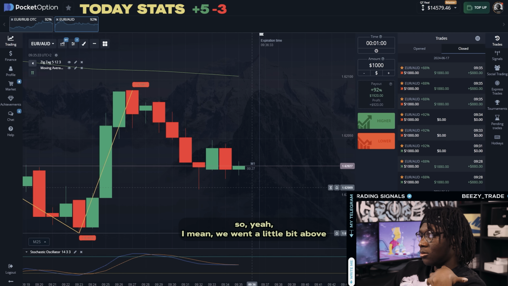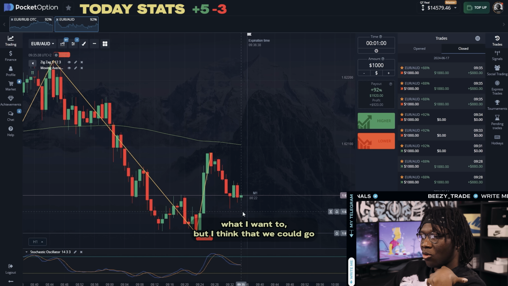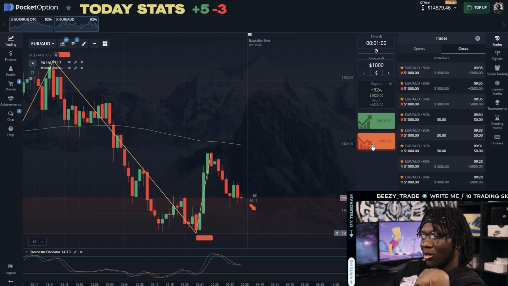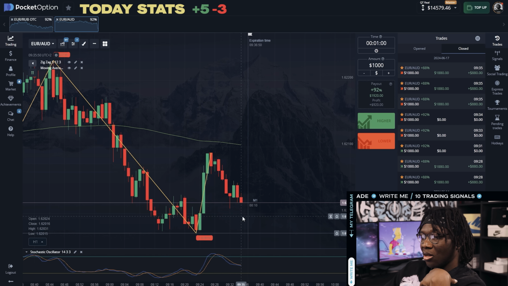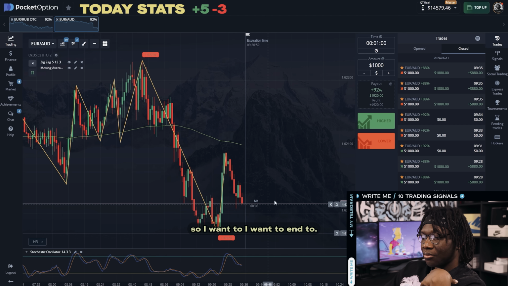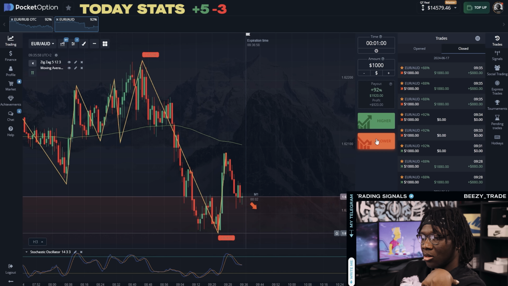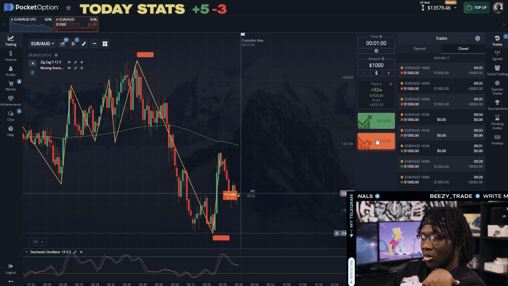So yeah, I mean, we went a little bit above what I want to, but I think that we could go one last trade so we can get some nice profit, because it's only about 1,500 profit we've made. So I want to enter right as the new candle is going to start. I think it's going to pull up a little bit. I'm going to enter into